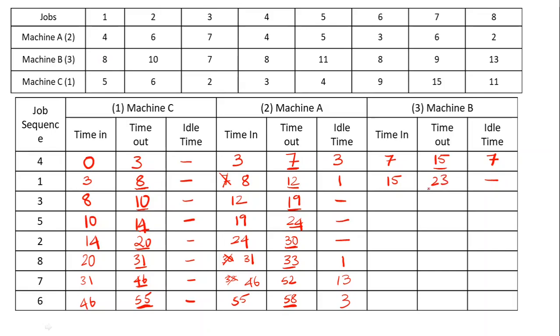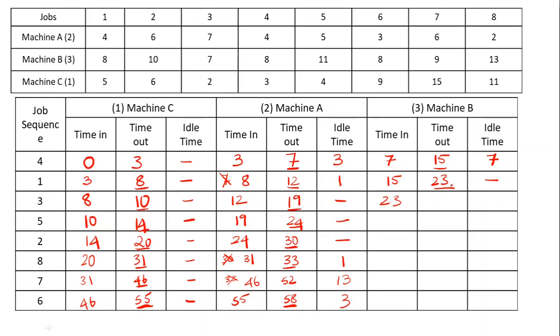Okay, so I hope you'll get some idea based upon this calculation. You have to look into the timeout of the previous case as well as the previous step. So both these things should be considered. Okay, so saying so, now we have 23 and 19. Obviously 23 is what we are going to fill up over here.